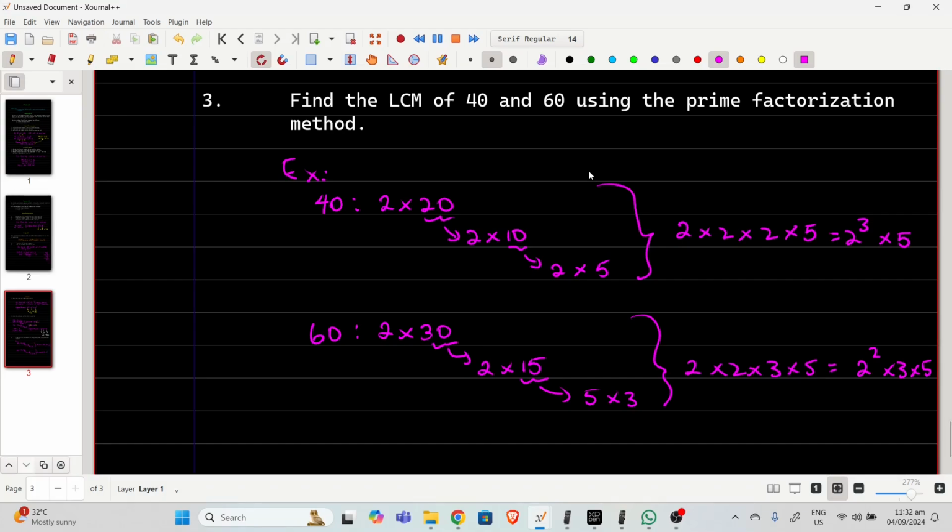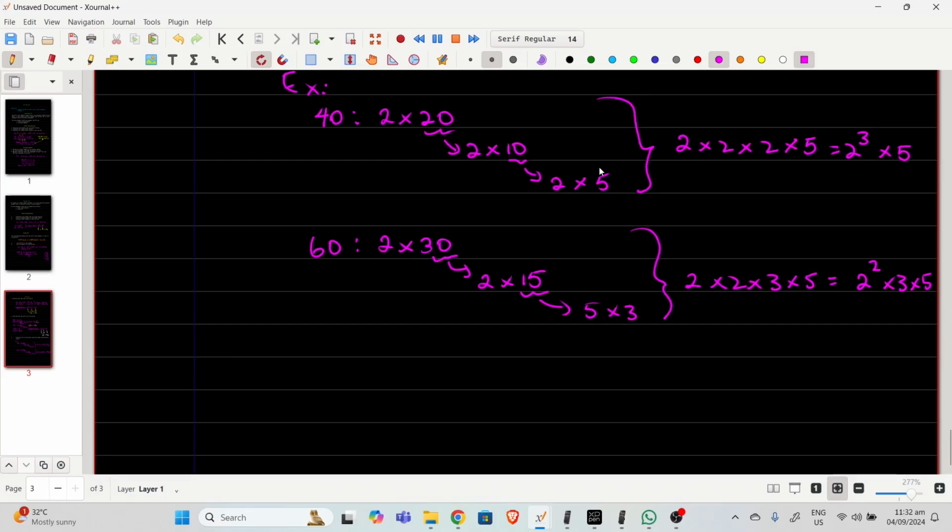Right? And all I'm doing is doing the LCM. So the LCM, we need the highest power of all the prime factors. So the highest power of all the prime factors, let's see, we have 2 to the third power here, we have 3 to the first power here, and we have 5 to the first power. It doesn't matter which one you choose. It could be this one or it could be this one. It doesn't matter. So that means the LCM